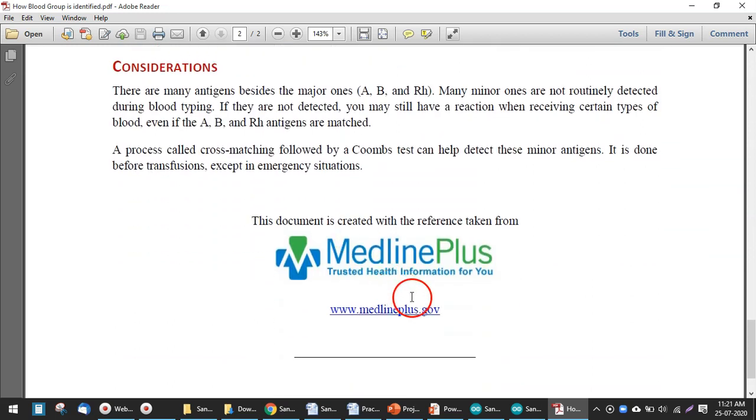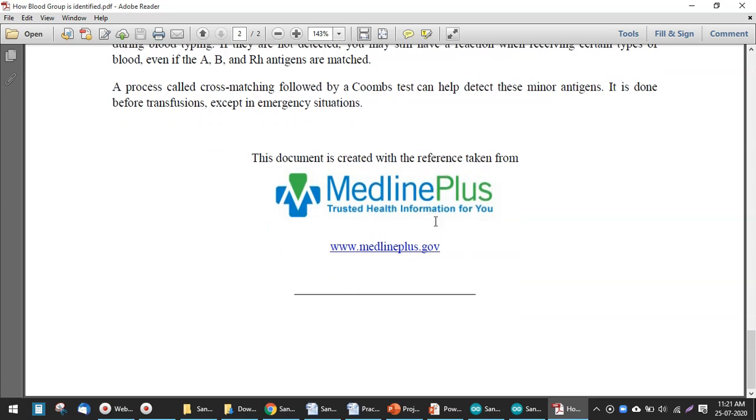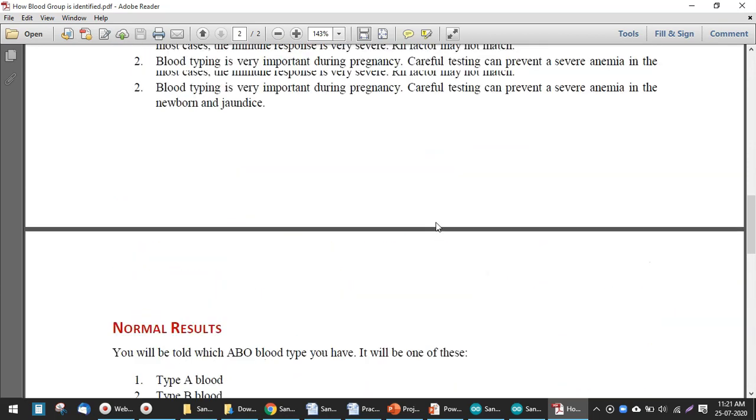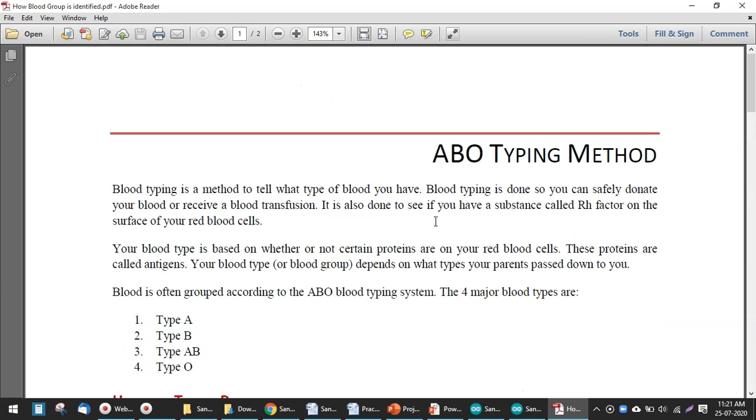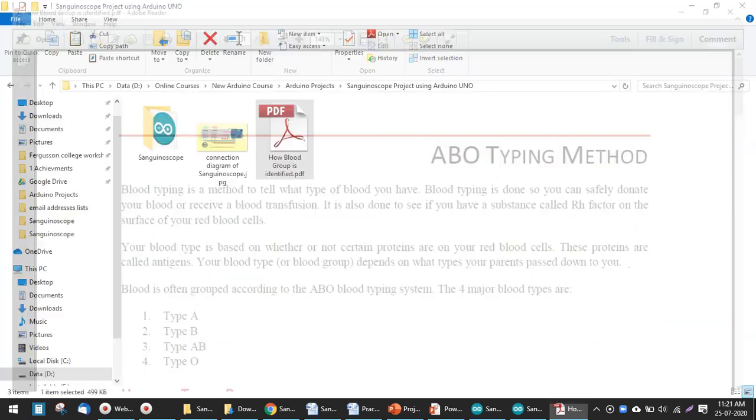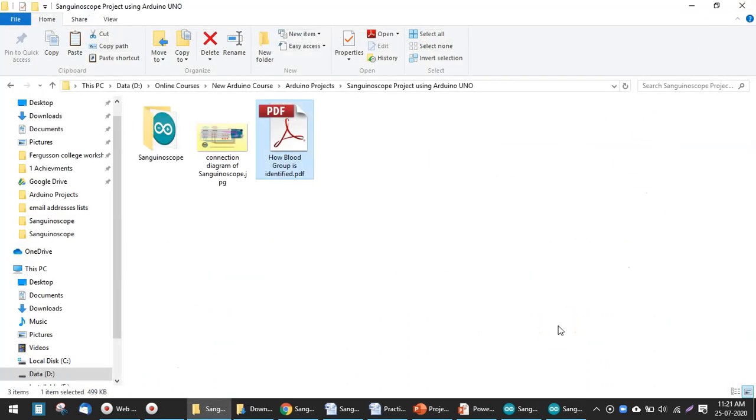This information has been taken from the MedlinePlus website. It is a government website of the American government, and this document is only given here for reference purpose. Vidyasagar Academy does not have any kind of control over this information.